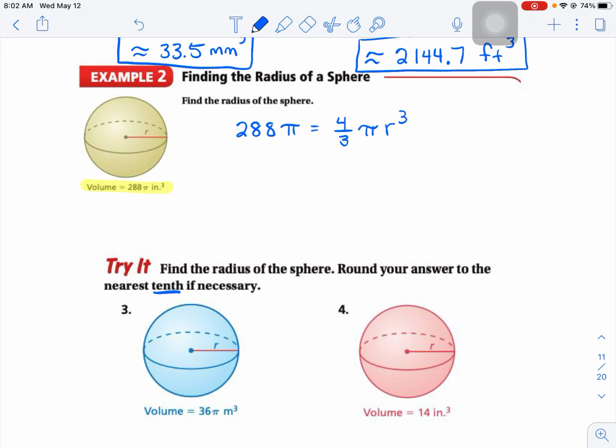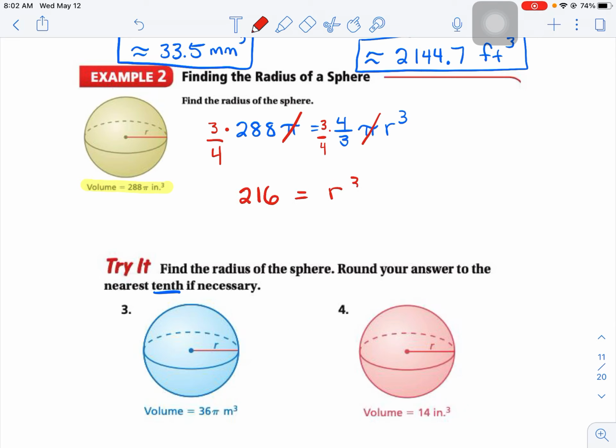So I'm going to divide by 4/3 pi, or you can think here that on both sides the pi's are going to cancel. To get rid of 4/3, I'm going to multiply by the reciprocal of 3/4. So if we do 288 times 3/4, I get 216